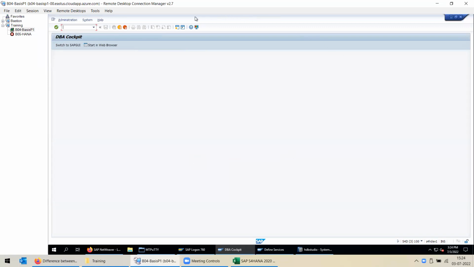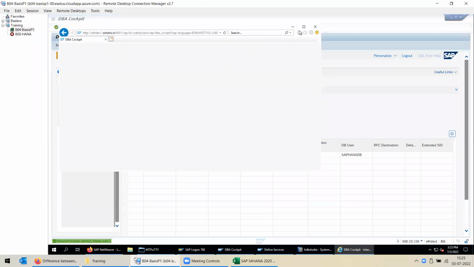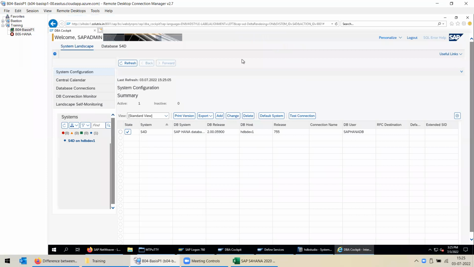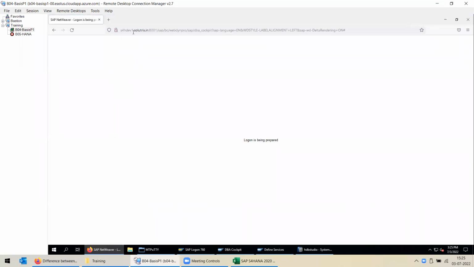It will open this page in the same SAP GUI, within the SAP GUI. But this is a little bit complicated to manage. So you can just click on start in a web browser. Once you click on start in a web browser, you will get this page in a web browser. So instead of opening it in Internet Explorer, I will open this URL in my